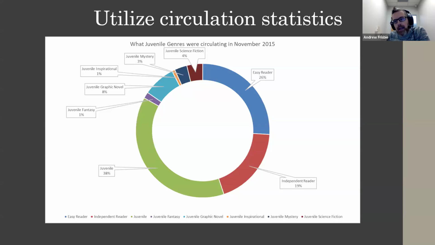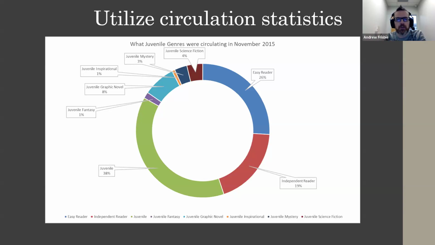So I love my statistics, and I know some folks down the line are going to be talking about statistics too, but they might not do a chart exactly the way I do. For our board, this was in November, in addition to the BISAC, we also have genres for every fiction category.